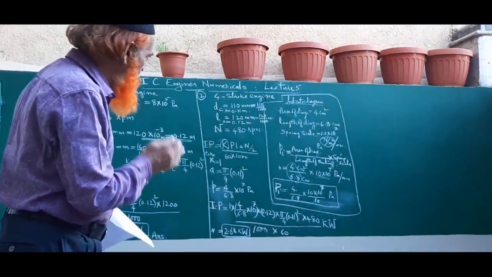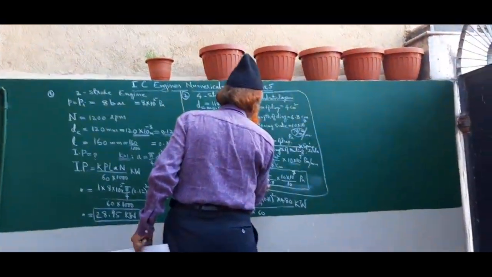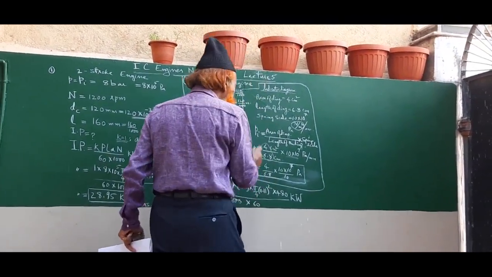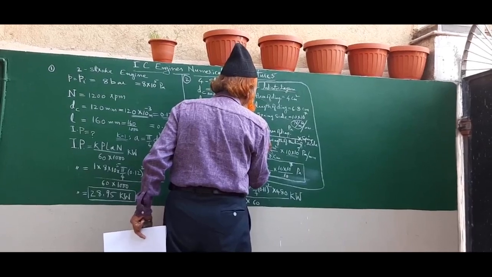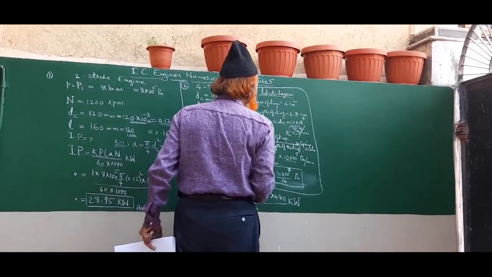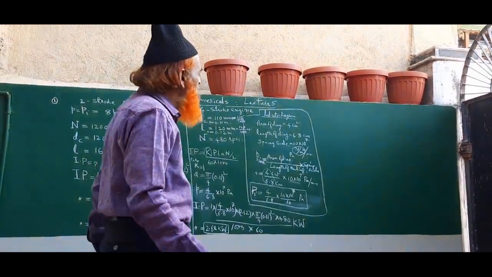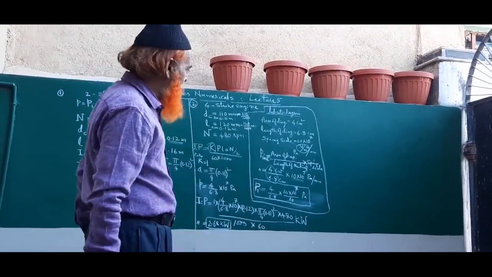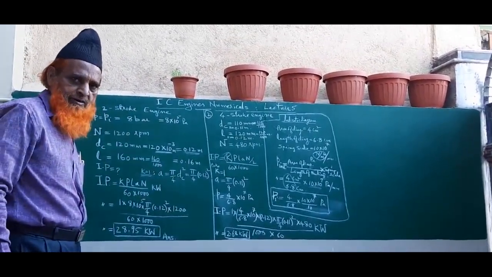Is it clear to all of you? These are the indicator diagram details from which you are getting indicated pressure, indicated mean effective pressure. This you can write PIME also, indicated mean effective pressure, or IMEP also you can write. Like that, PI or P only you can put.